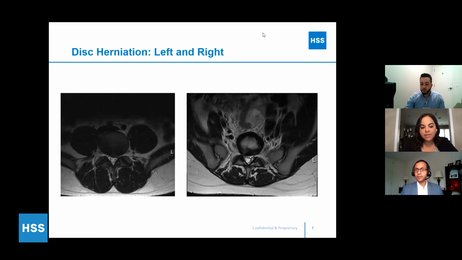Yeah, I would just echo that. I think that's one of the most important things to take out of this, that there are so many different reasons why a person can have low back pain. And if we just take a look at what we see on an MRI, sometimes we might be treating the wrong source of pain. We may be treating something that looks bad on an MRI, but it's not actually the